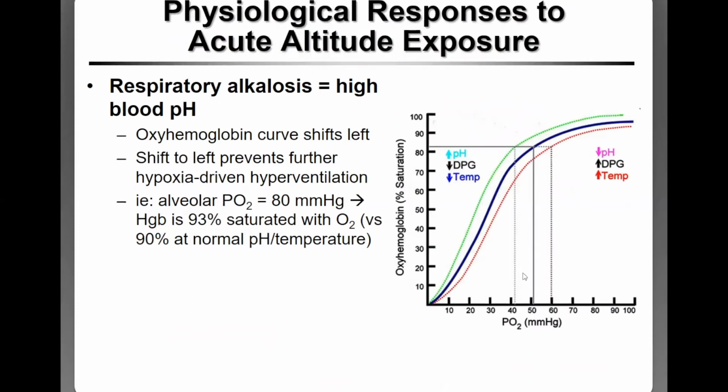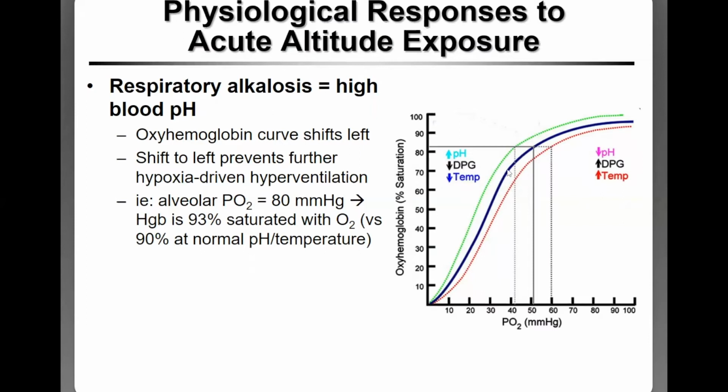So this curve should look familiar. This is the hemoglobin oxygen dissociation curve, where the blue line is that baseline curve. And we talked about different factors which can shift the curve to the left or right. So at altitude, our body temperature drops, our pH increases because we're hyperventilating, and this causes a leftward shift of